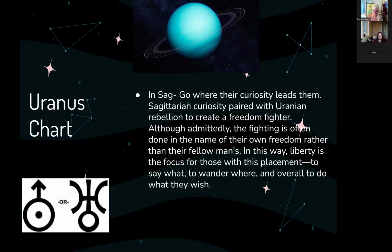So in Sag, which is me, this is where we just are curious. Sagittarius are very curious creatures. And so when we have curiosity and this craving of knowledge paired with Uranus, it's about liberty and free thought and free action, and just wanting to fight for freedom, fighting for what you believe in,